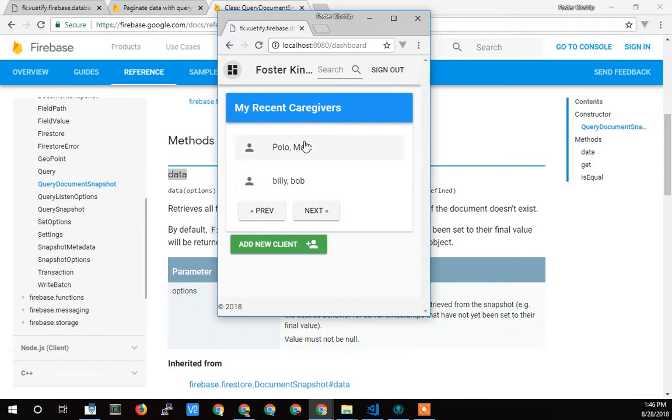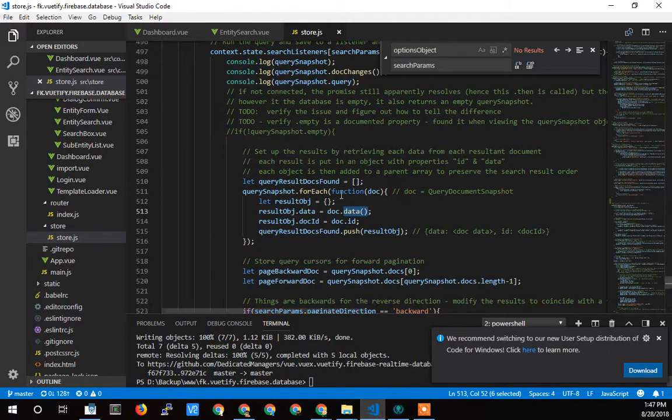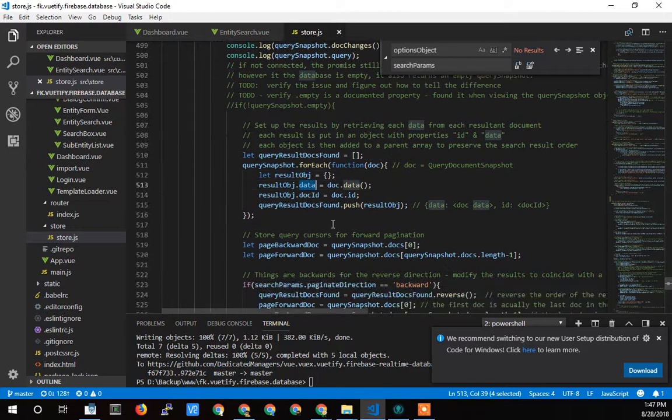So that's the actual first name, last name fields. That's what's actually getting returned. So that's what I'm storing in this result object.data. I'm storing the actual data from the query, and then I'm storing the doc ID,